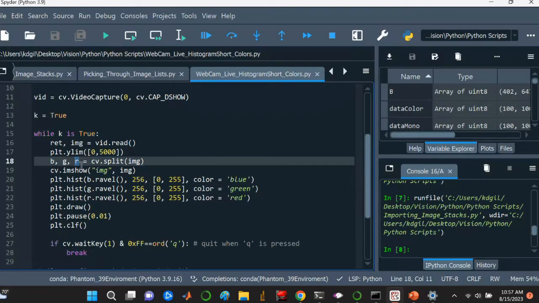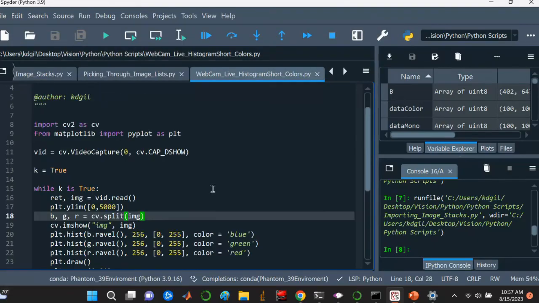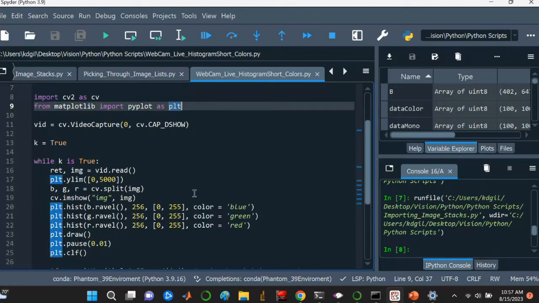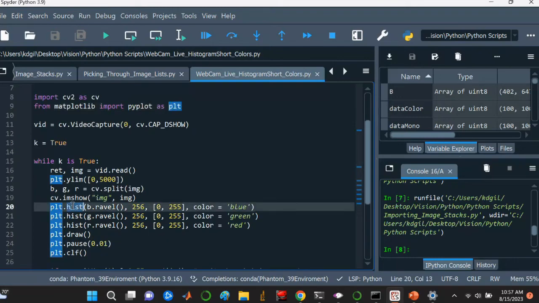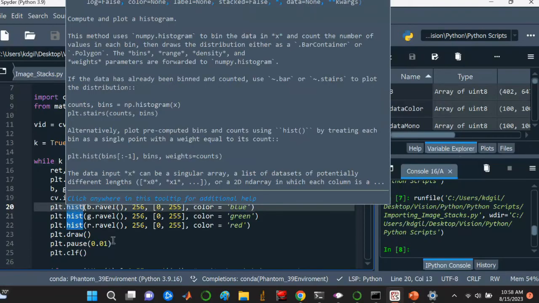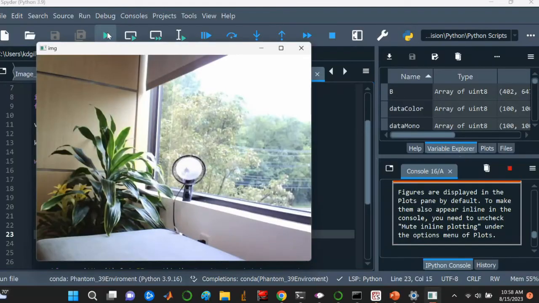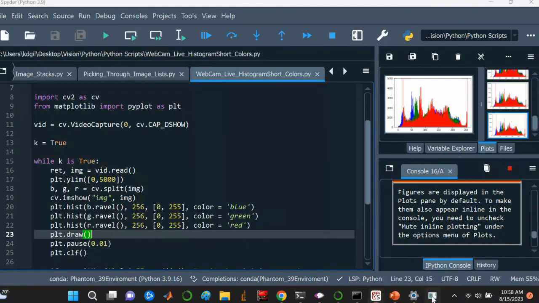Now, at the same time, I can do some advanced analysis. Let's say you're working on an application where you need to split your live image into the RGB channels or the BGR channels, and you want to display a live histogram for whatever reason. You would use, for example, inside of your matplotlib library, a method called plot, and we can display a histogram from that library. So if we run this code,